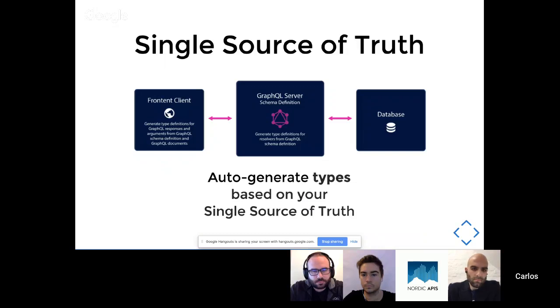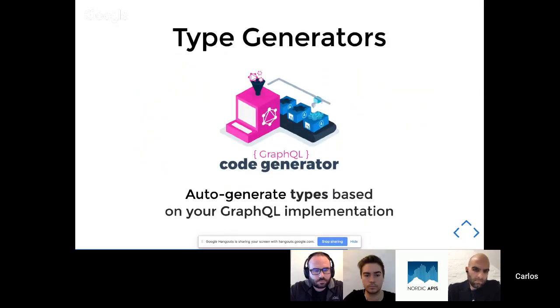But the main point in order to achieve an end-to-end type-safe application is that you create a single source of truth. And it doesn't matter if you create it from your database, you can create your data model, and from there you extend your types to your backend side and your frontend side, or you can do it even from your GraphQL schema definition, and you extend your types to your resolvers and also to your frontend, which is what we are gonna do today. So I'm gonna be using the GraphQL code generator tool. It is open source. It was created by the Guild, and I want to give a shout out to them